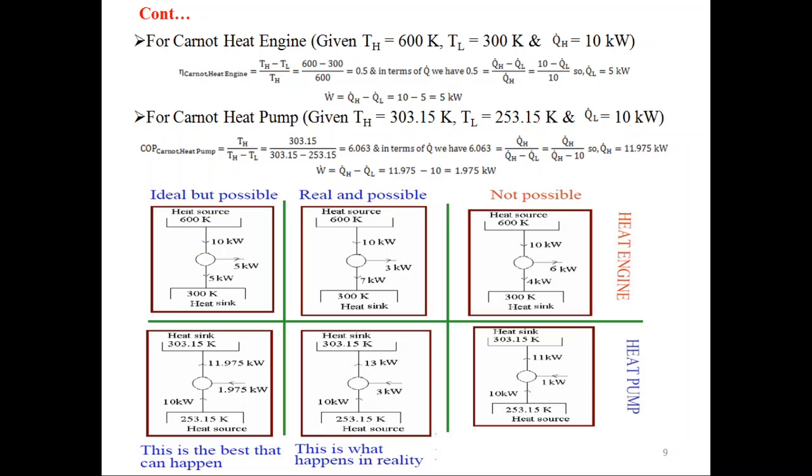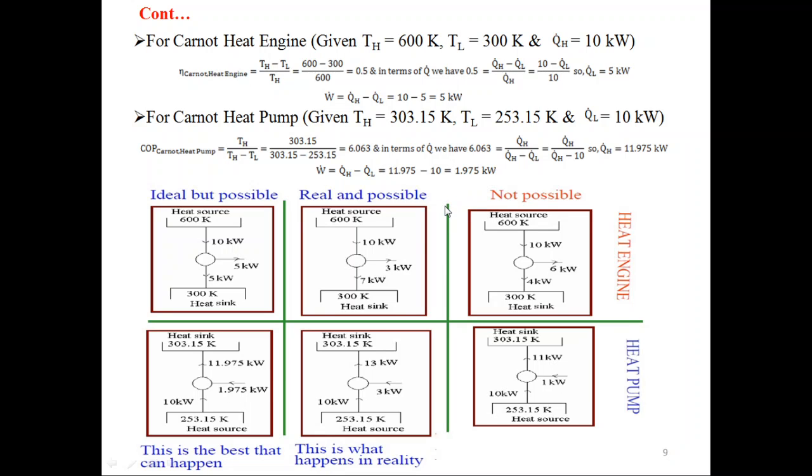What is the meaning of this work? This is the minimum amount of work which is supplied as input to the Carnot heat pump, so that we can extract heat having value of 10 kilowatt from low temperature reservoir at temperature of 253.15 Kelvin, and supplying the heat to a high temperature reservoir at a temperature of 303.15 Kelvin. So, to extract this 10 kilowatt of heat for the given temperatures TH and TL, we need to supply minimum amount of work, that is 1.975 kilowatt. If we supply work less than this value, then it will not extract 10 kilowatt of heat from low temperature reservoir. So this is the minimum value